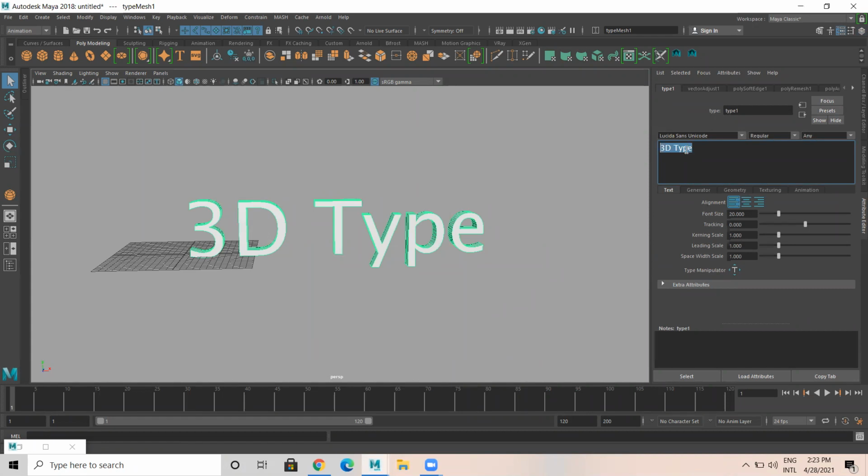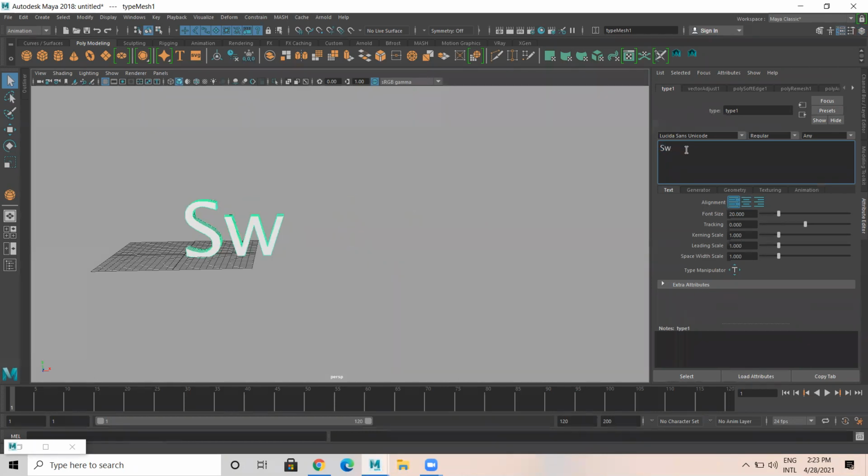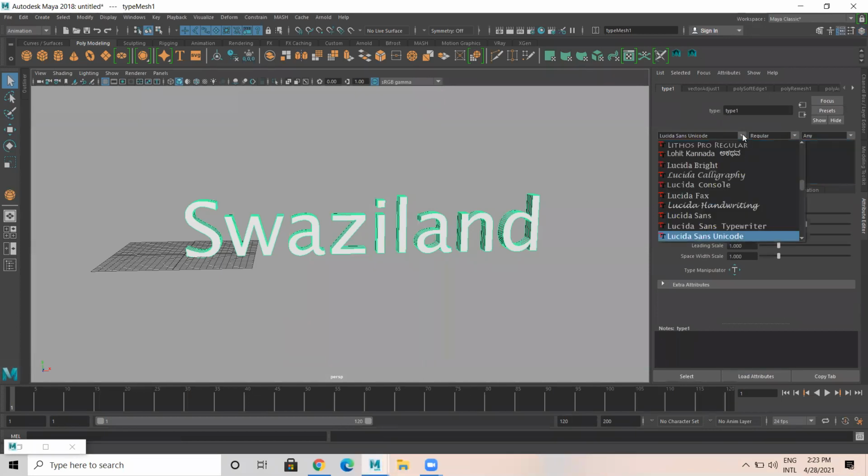So let's say Swaziland. Okay. You can change whatever different font you want, however you want. Choose regular, italic, bold, whatever type you want.